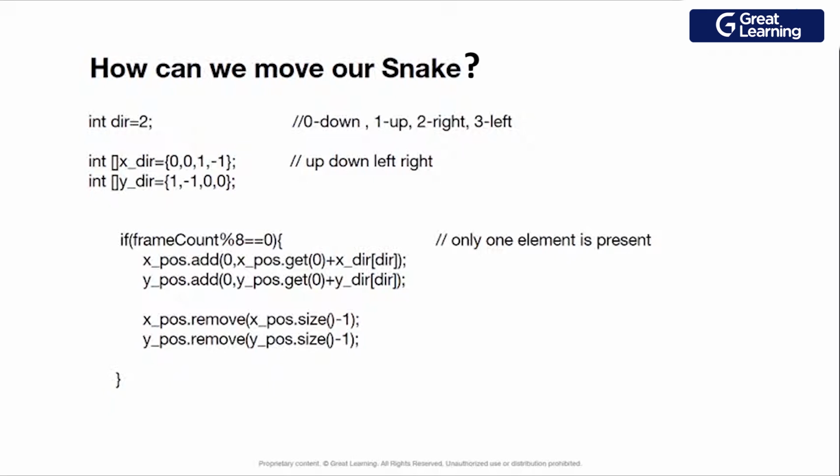We will try to insert whatever we got from that previous index, that was 4, right? And then after that we are trying to multiply it with the direction. The direction for that is x dir. The dir will be 2 and the x dir will be the array. So it will fetch the second index, then we try to add that, okay? The second index is 1.